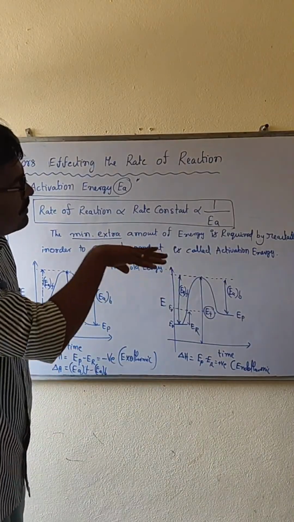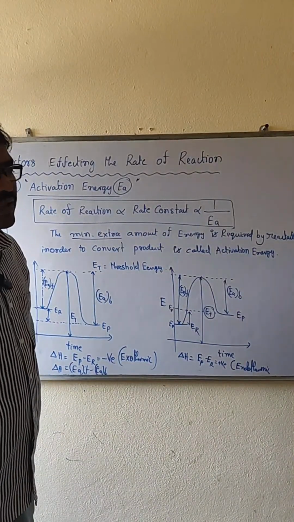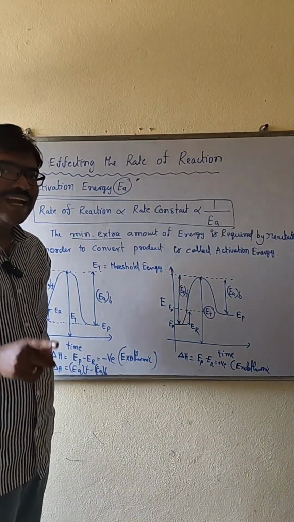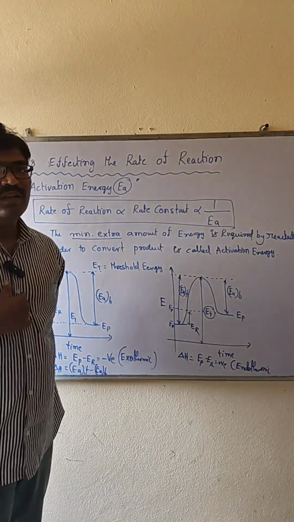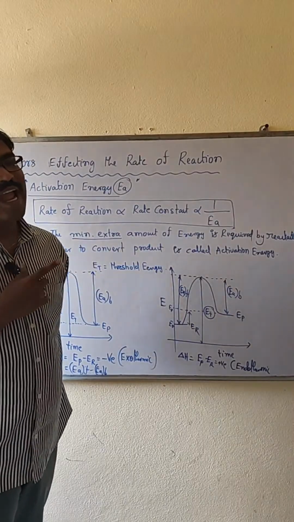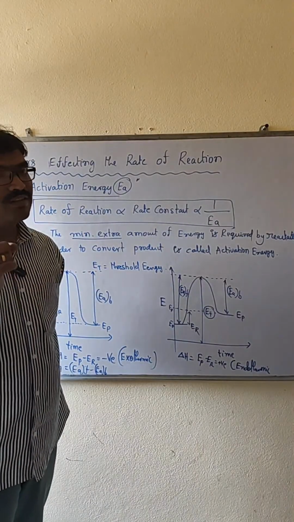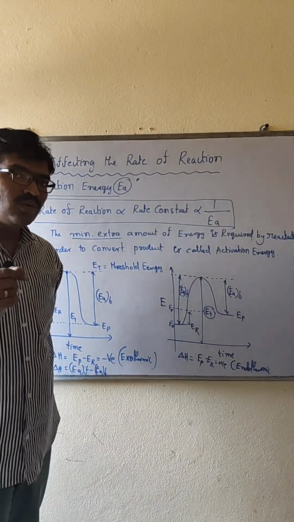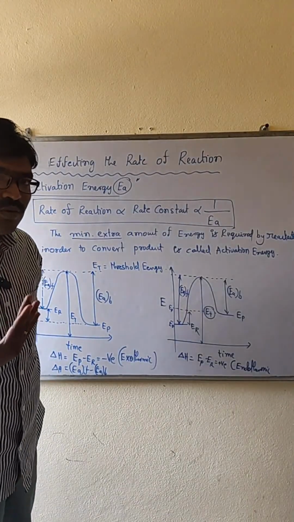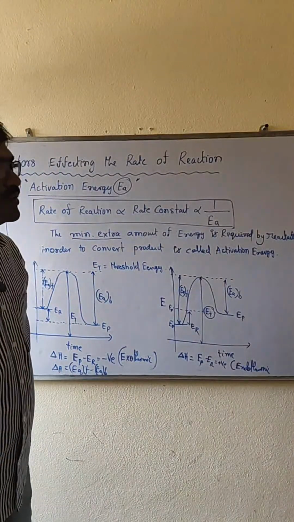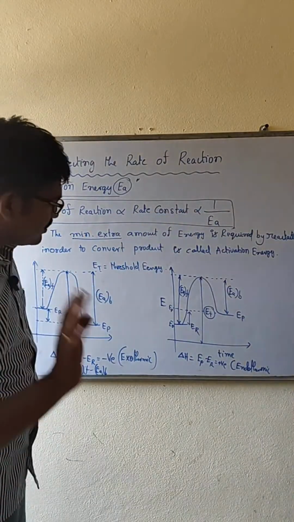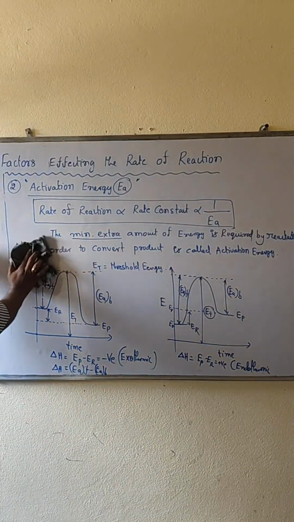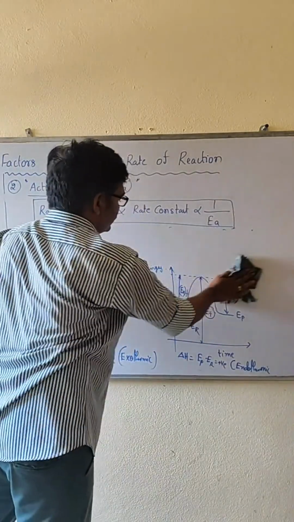But based on activation energy, for ionic compounds the activation energy is less, so the rate of reaction is more. For covalent reactions, the activation energy is more, so the rate of reaction is slow, because both are inversely proportional. Clear, my dear students? Look at what I told based on the